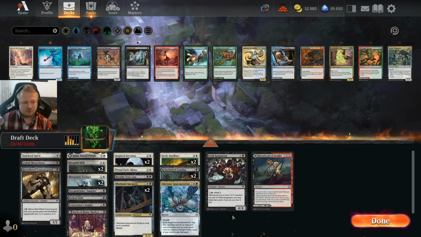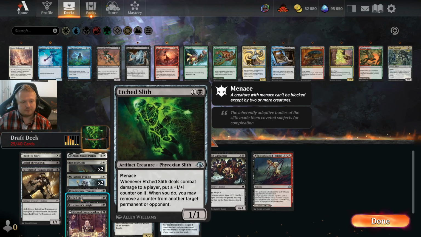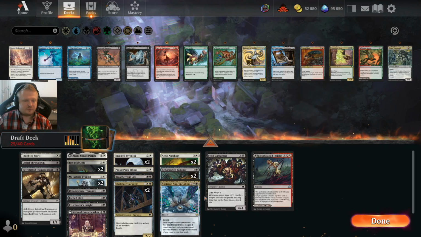And I think the most important thing that Transmogrant does is it allows me to have the Refurbished Familiar maybe on turn 3, if I have this earlier, because I don't have early artifacts other than the Slith and the Transmogrant. The Gargoyle is an artifact, and I have 2 of them, but of course, if I play this on turn 3, this will be a turn 4 play anyway, so...